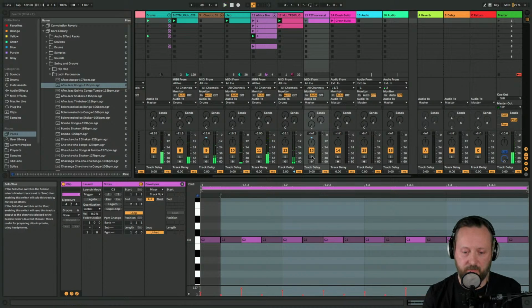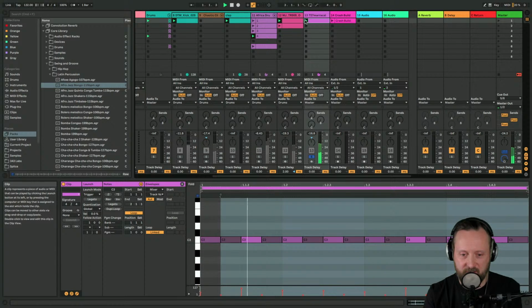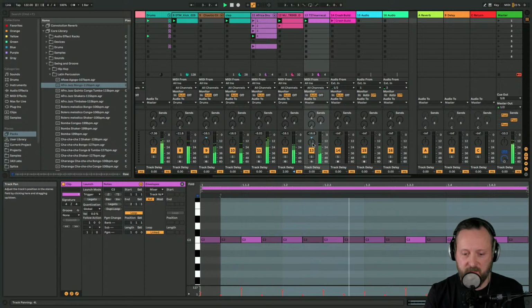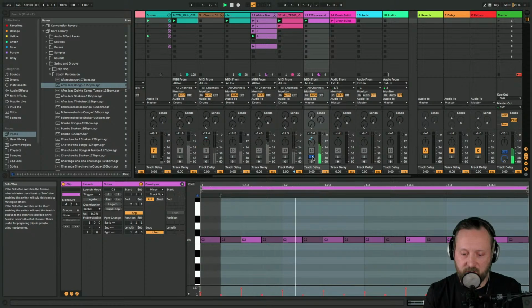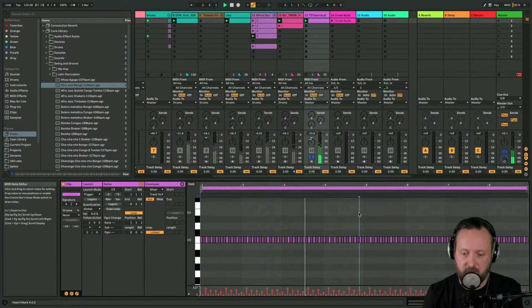I added a 727 maraca. I love this sound. It's so short and sharp, and it just cuts right through. And it's a classic drum machine sound for me. And even this one, just those little 16th notes, I might duplicate this out, and then every now and then